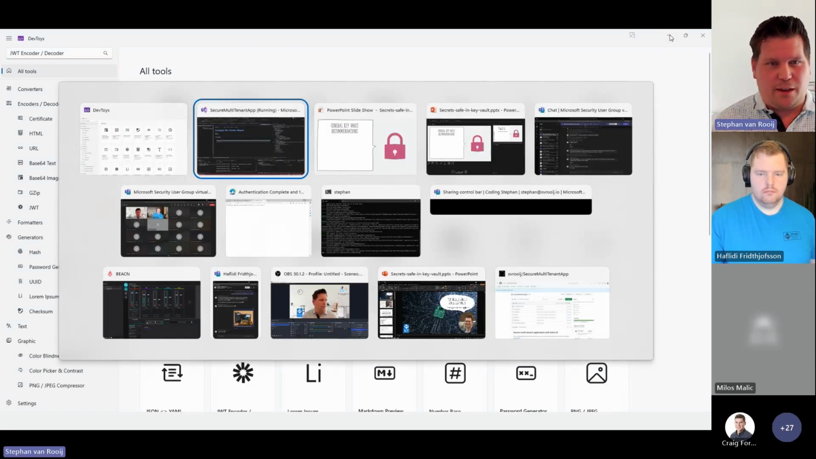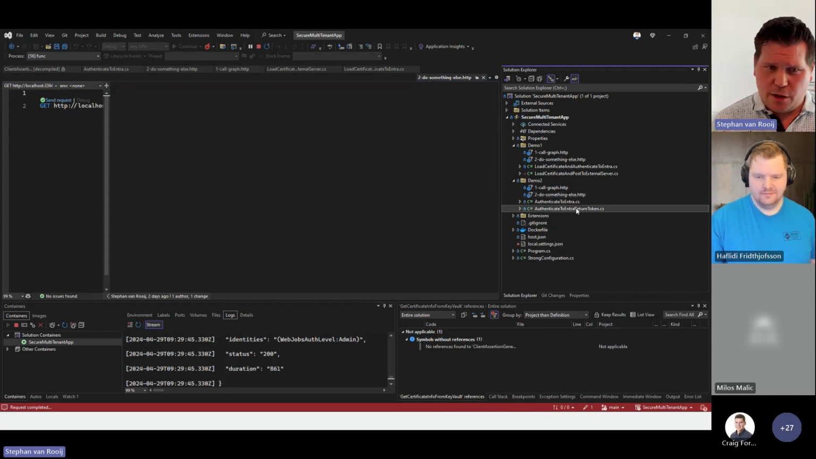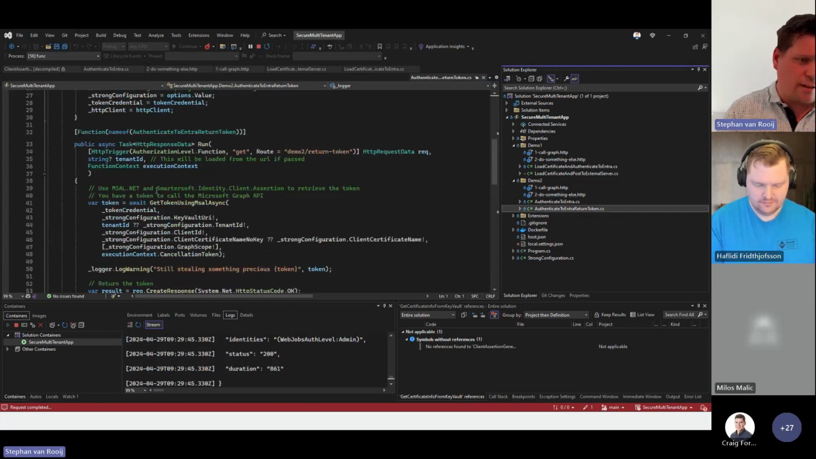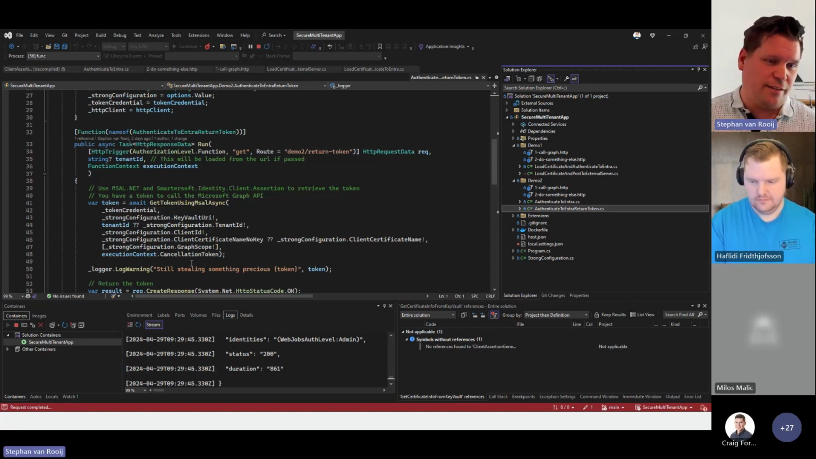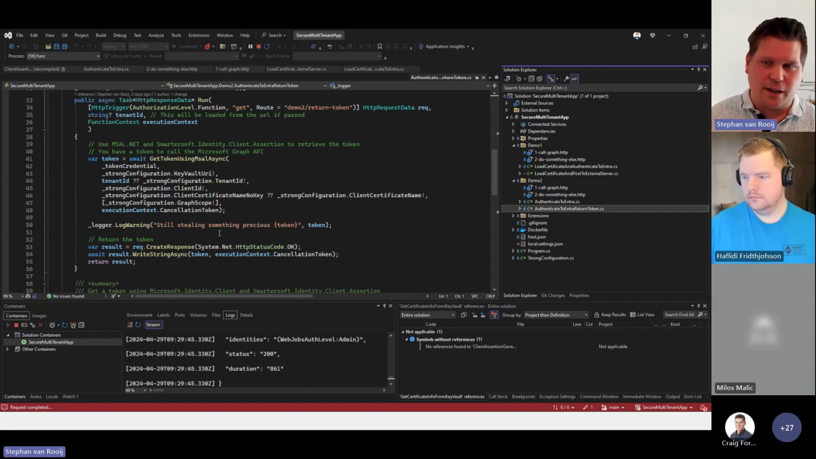But let me get back to my app. How does this code look? This code gets the token, writes the token to the response, and steals it. I'm not saying that I ever hope that our app gets hacked, but at least this way they won't have one year of access to our multi-tenant